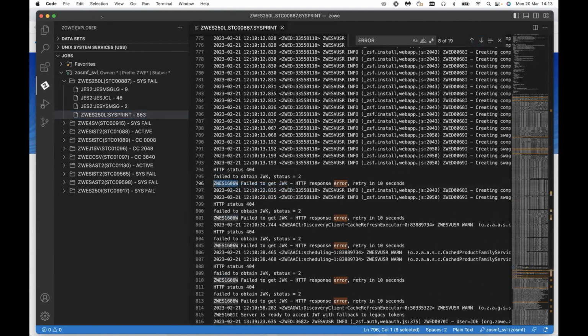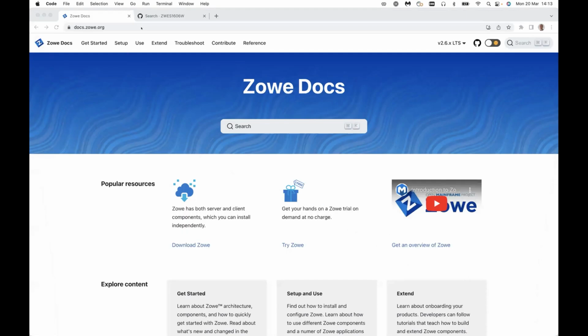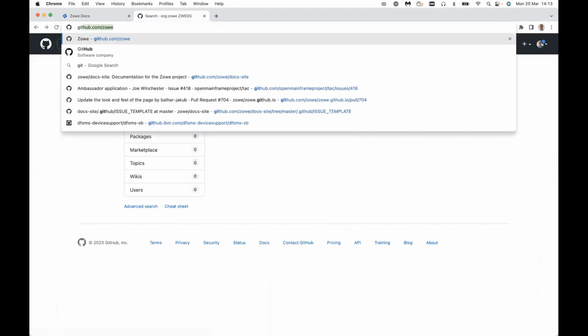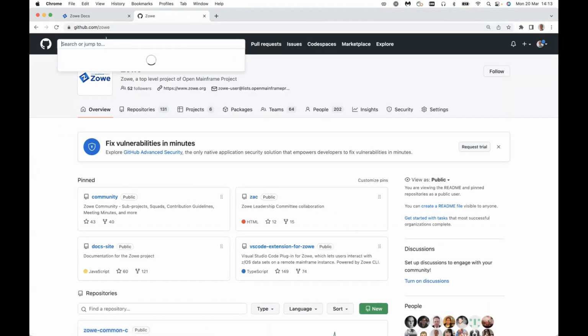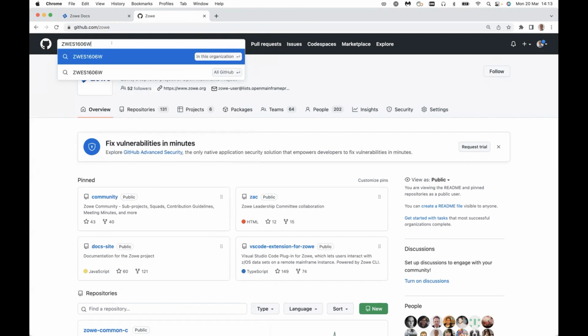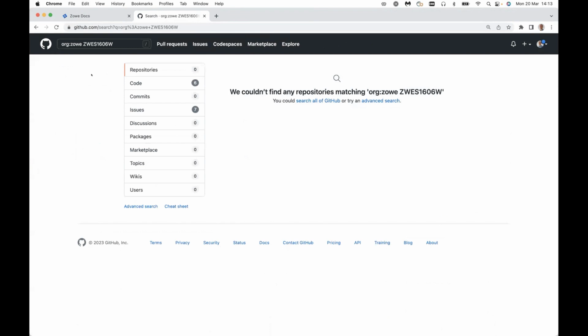And what we showed in front of the customer, and then the customer said, where is that documented? And then the doc squad literally added it into the documentation. The technique we used was that we pick up the error message and go to github.com/Zowe. One of the nice things about Zowe being open source is all of our source is there. If anybody goes there and types in the error message and searches in this organization, you'll see all occurrences of anything to do with Zowe's logs,